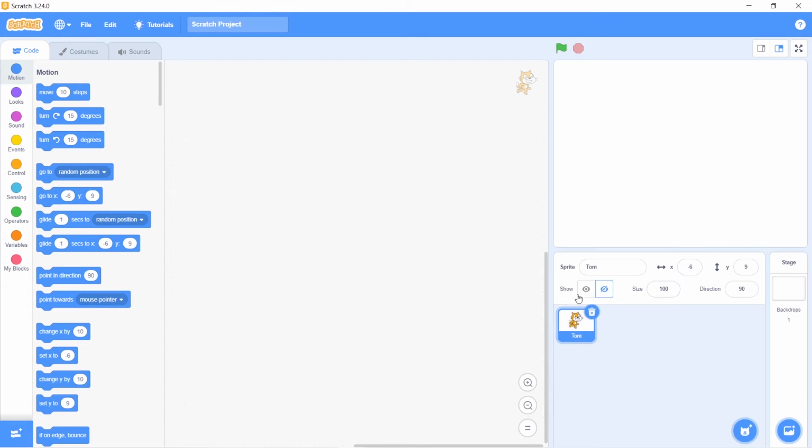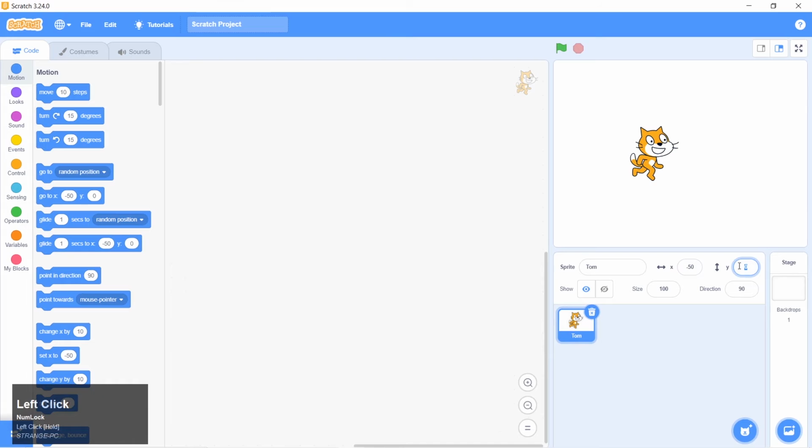This is the location of the sprite. A 0, 0 location on X and Y means the center of the screen. Now if you want to move left and right, you have to change the X position. And if you want to change the location up and down, you have to change the Y location. Simply, if you put a positive number here, supposing you put 50, it will move to the right. If you want to move it to the left, yes, you must have guessed it right, you put a negative number, minus 50, and it will move to the left.